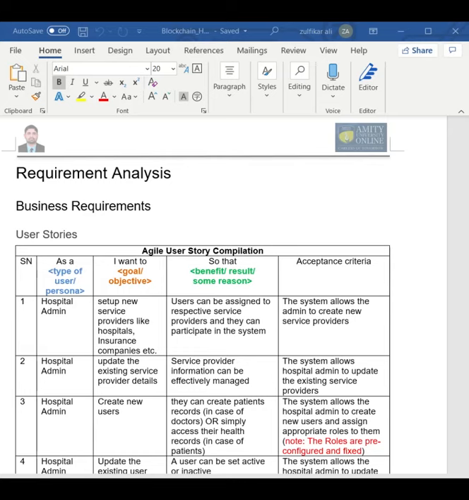This project is all about creating a blockchain health record system, which will facilitate recording of healthcare data, specifically the patient's data, onto blockchain. The outcome of this project provides a system where different healthcare service providers like hospitals, insurance companies, pharmacies, etc. can come together and create a consortium using a public blockchain network like Ethereum.